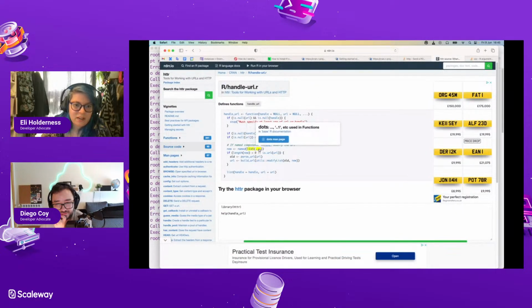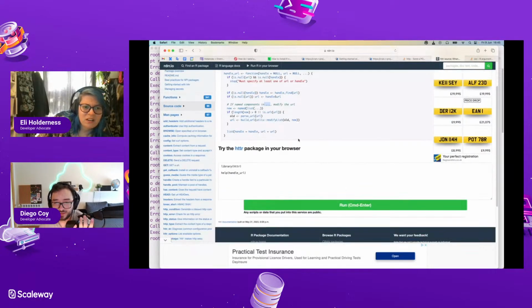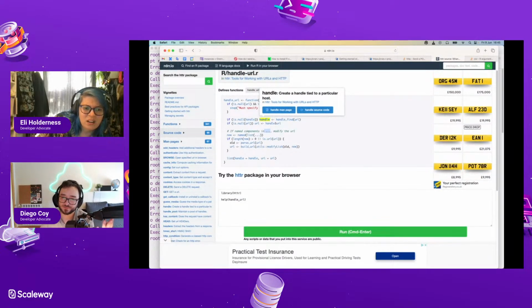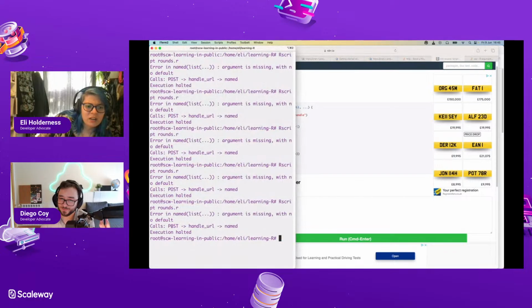Handle URL. But where is handle URL coming from? It's called by post. So I've got it out of this traceback.